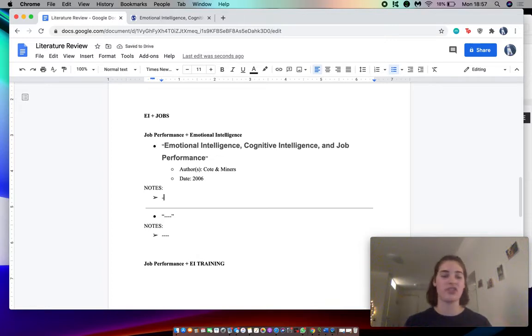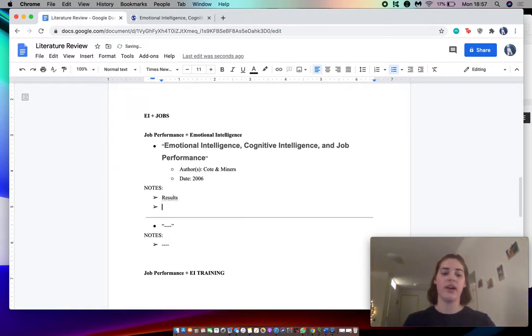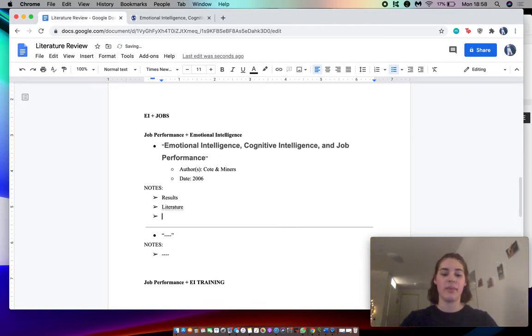So now that we have that type of information from this article, underneath notes, you can title anything you want. This is just a really rough outline that you guys can feel free to use if you would like. So under notes, you can basically go into results that they found. You can go into maybe some of the literature they used to support their findings, discussion,